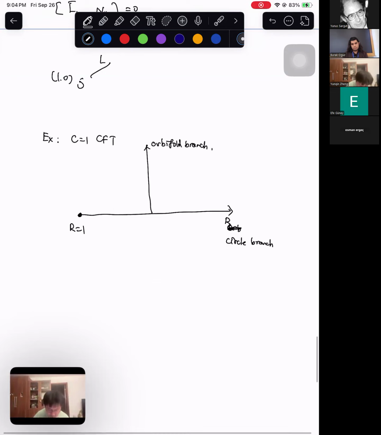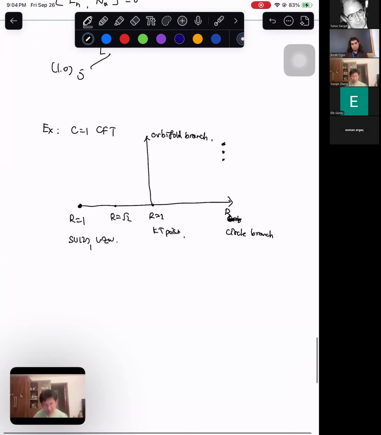It is described by the SU(2) level 1 Wess-Zumino-Witten model. And there's a point which is related to the Dirac fermion, which is R equals square root of 2. And this is the KT point. There are also 3 exceptional points which are not discussed in this talk. And the circle branch and the orbifold branch are related by